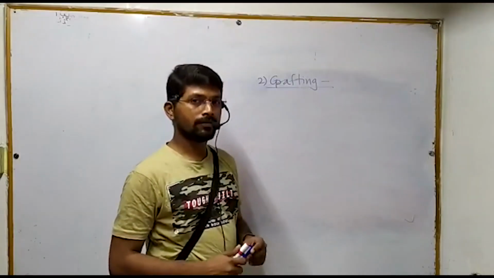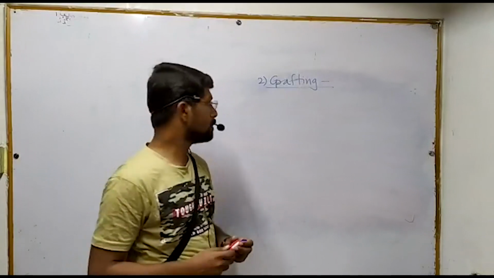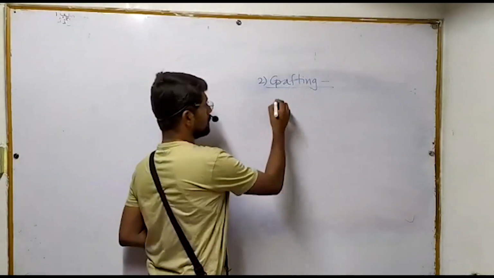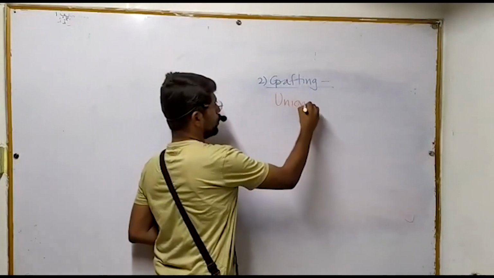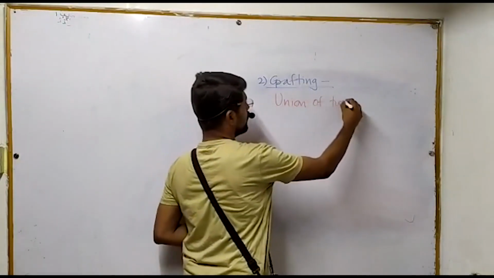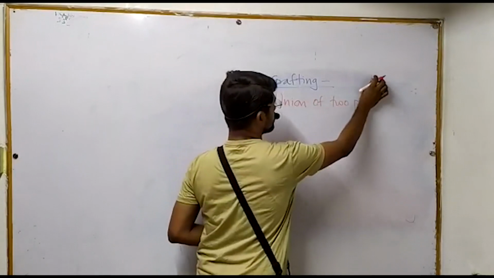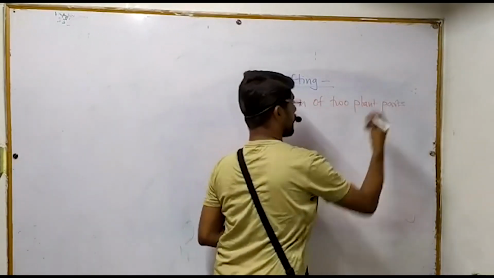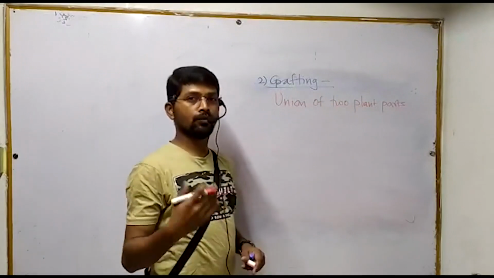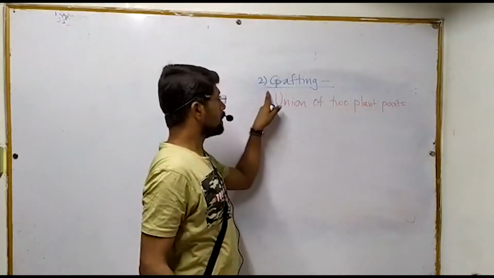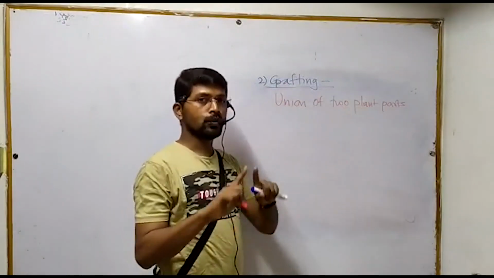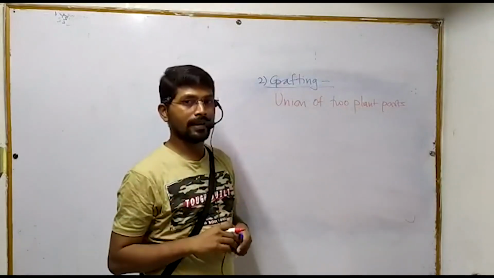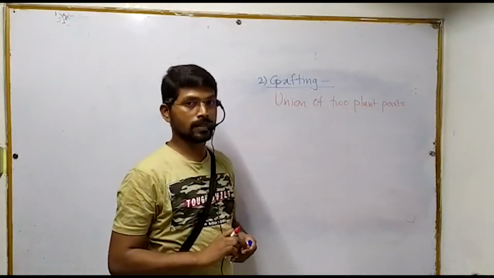The second method of artificial vegetative propagation is called grafting. Grafting is defined as a process by which union of two plant parts is done so that they can grow further as a single plant. Now, grafting includes two different plants, and these plants are selected and certain systems of these plants are taken for